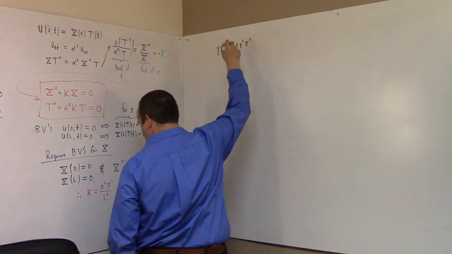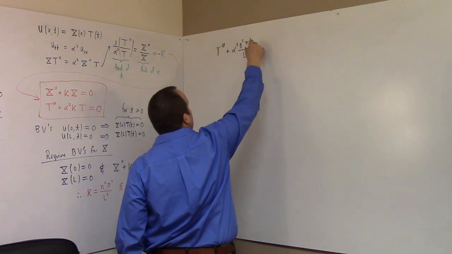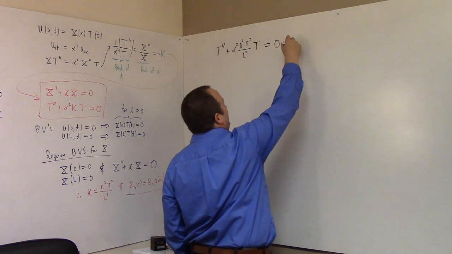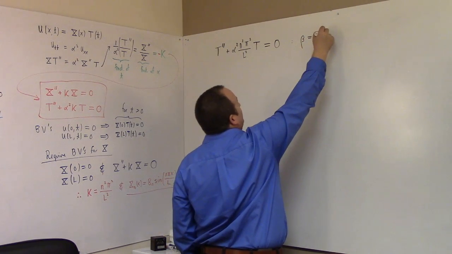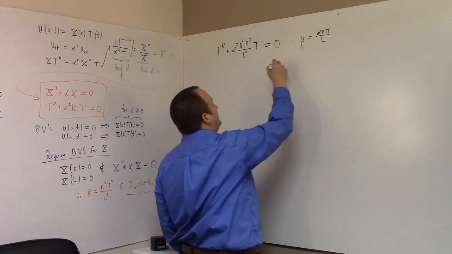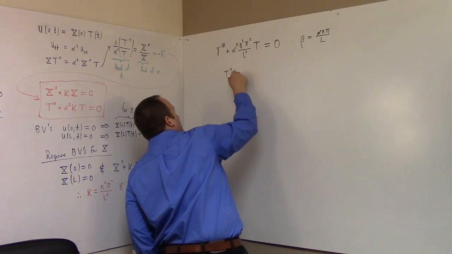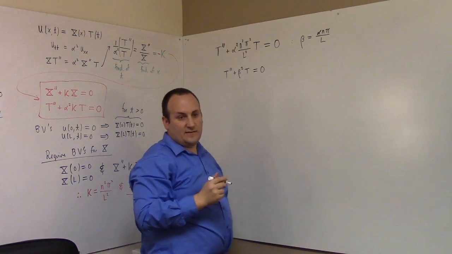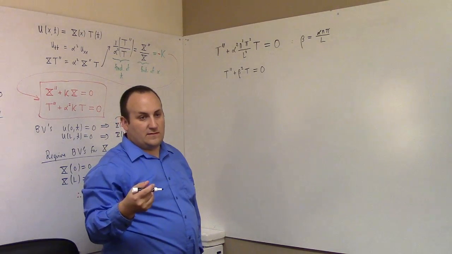Pi squared over L squared, T equal to 0. So, in other words, the beta, so to speak, is equal to alpha n pi over L. We're basically looking at t prime prime plus beta squared t equal to 0 with that beta. So we know how to solve that. That's sines and cosines. So therefore,